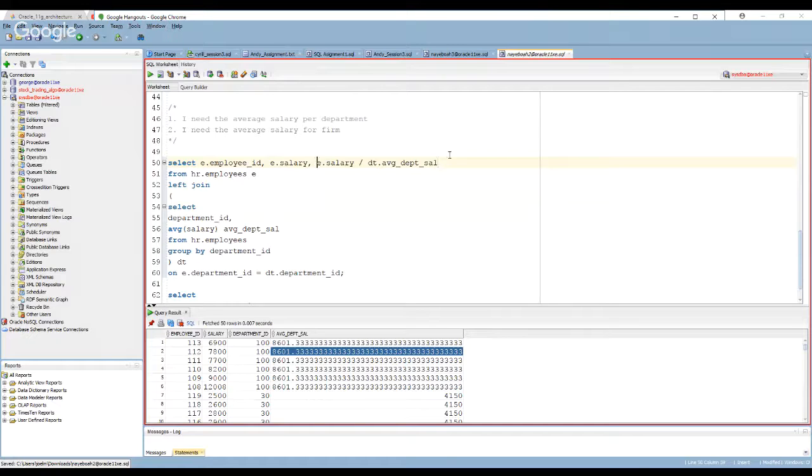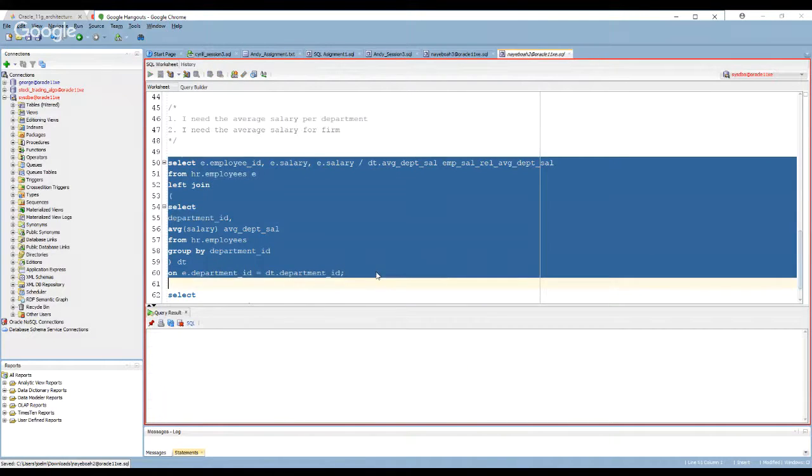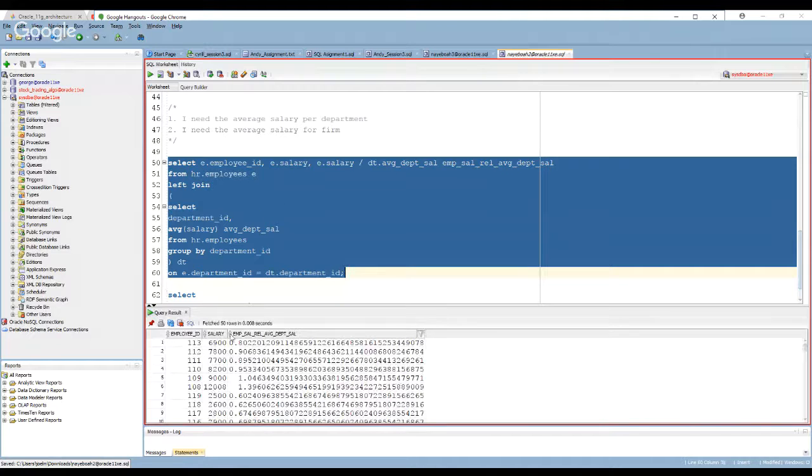And this ratio should give me the employee's salary relative to average department salary. Let's see if this gives us something. All right, so now I have the employee ID, their salary, and their salary relative to the department.